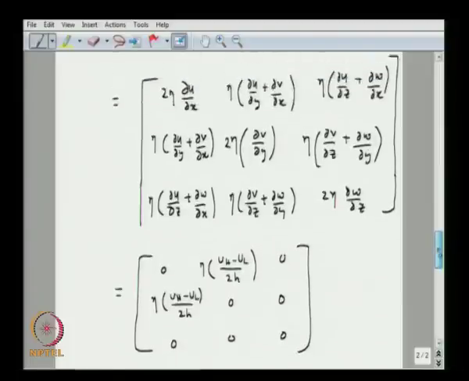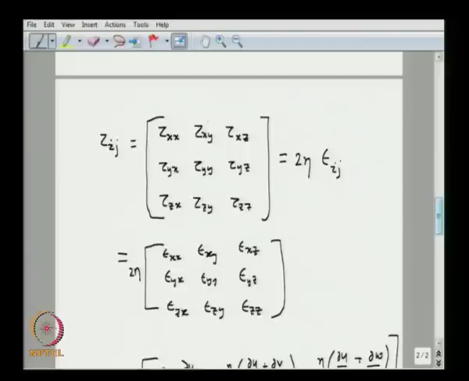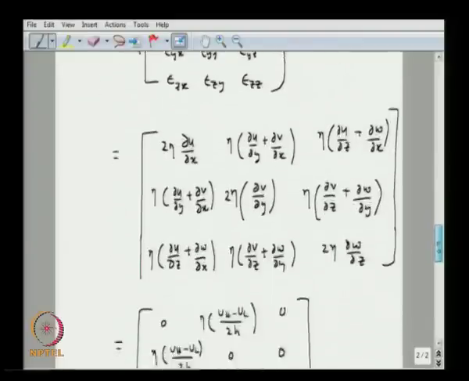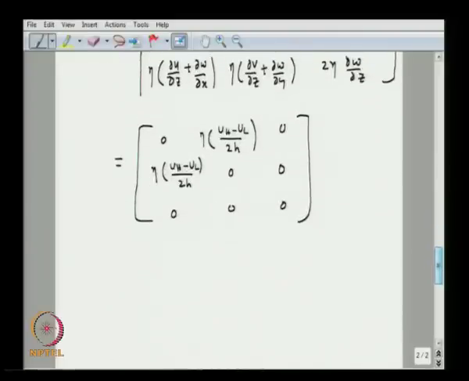So, what you see here, only tau xy and tau yx exist. Okay. So, you can write tau xy, tau yx will be eta into UH minus UL over 2H,